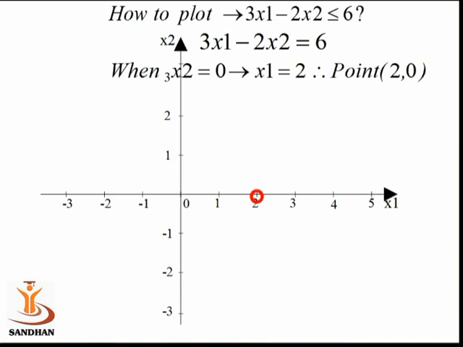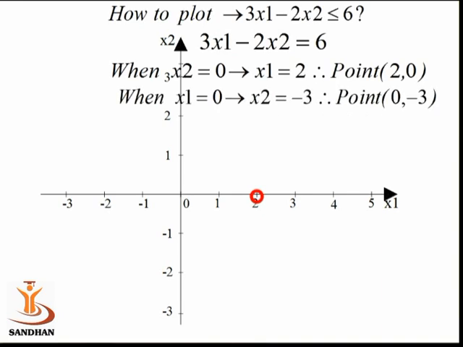on the line that is mentioned here. Now we take x1 equal to 0, so x2 equal to minus 3, and therefore 0, minus 3 is another point which is mentioned here. Again I will join them, and 0, 0 satisfies this, so the region is again above this or below this, whatever you say, but be careful that 0, 0 and origin should be inside that region, and that defines this region by the given arrows of the lines, and hence we can observe that 3x1 minus 2x2 less or equal to 6 defines a region above the line.